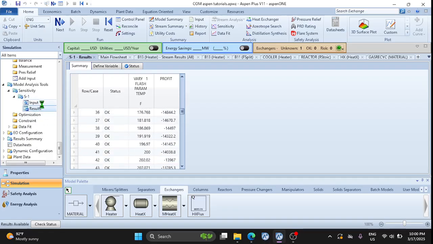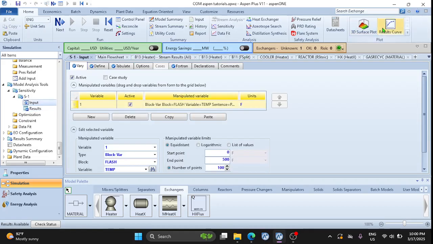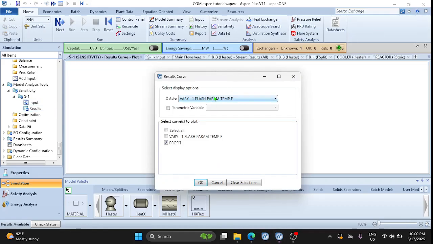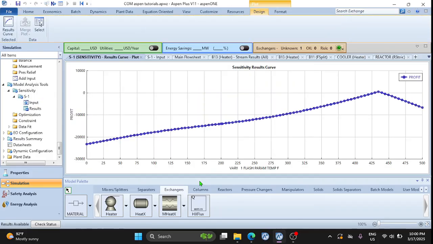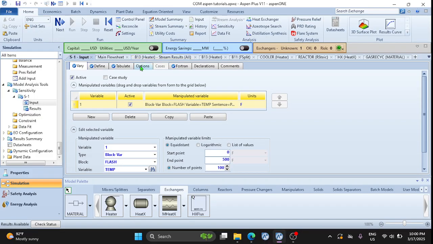So now that we are done with this, we can look at the graph as well if we want to. So I can click on results curve, plots my flash temperature against profit, and this is what we are going to be getting. Now let's try this with optimization instead of